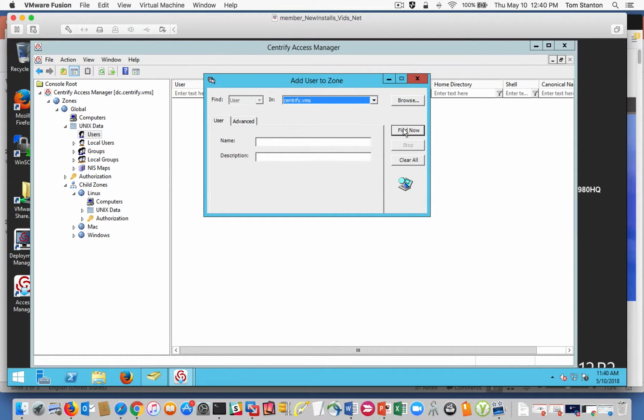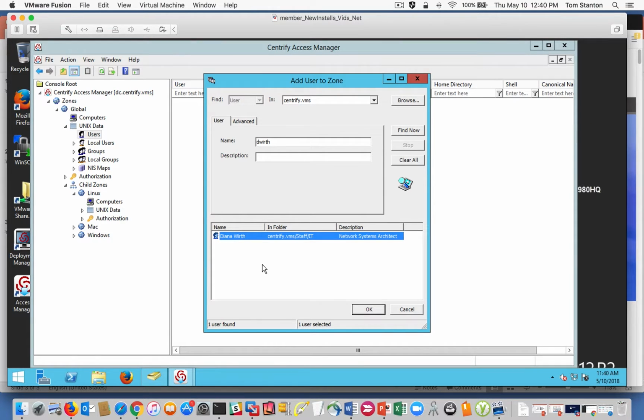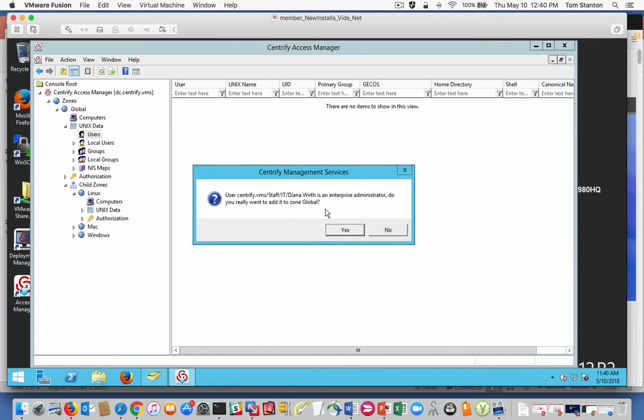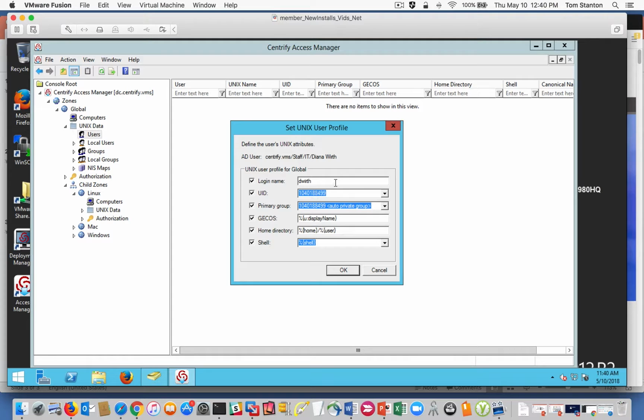So notice where I'm looking. I can do a D Worth. That's my test user. That's me in my environment. I'm logged in as Diana Worth, who's my main admin. This just has a warning. She's an enterprise admin. So I'm going to make this profile, and there's going to be a UID assigned to